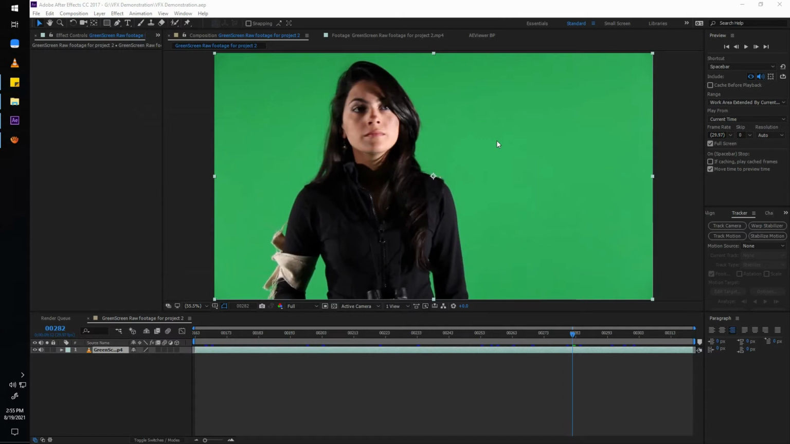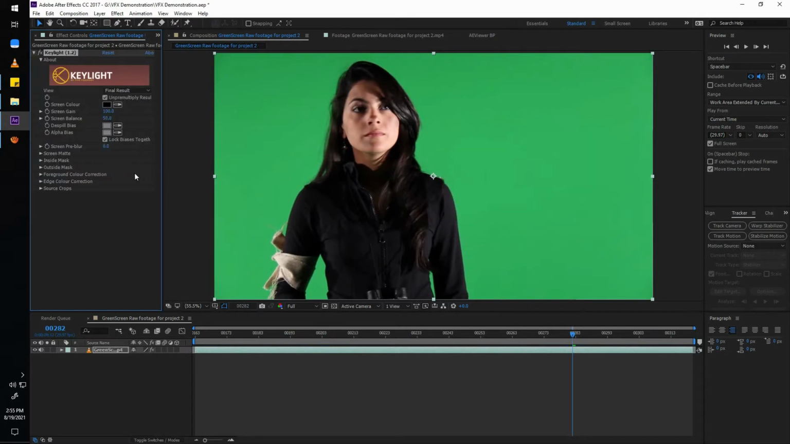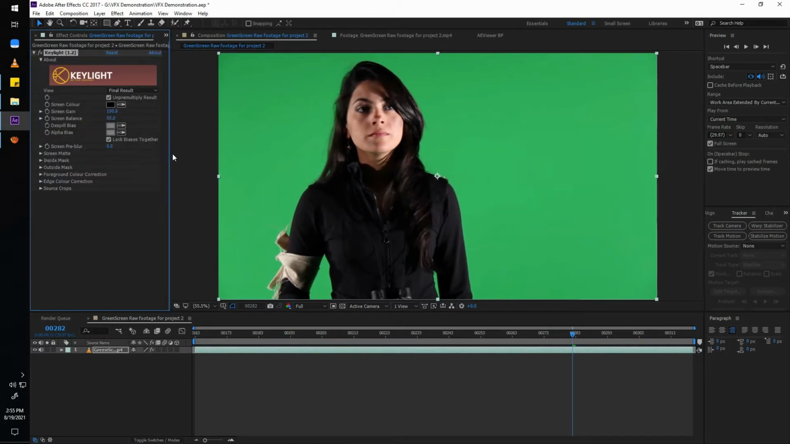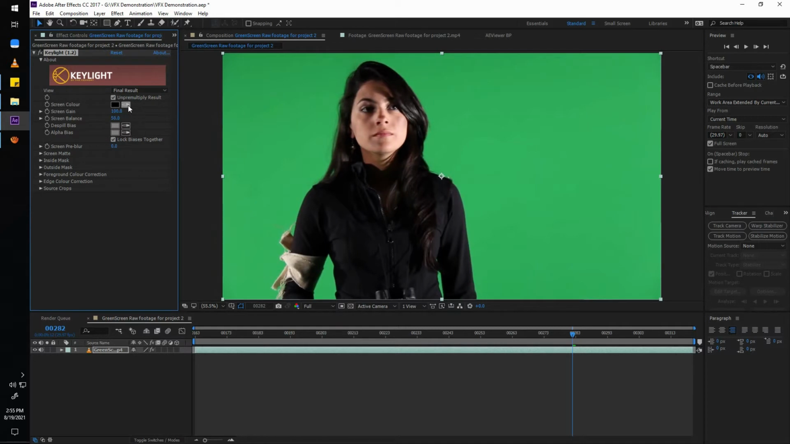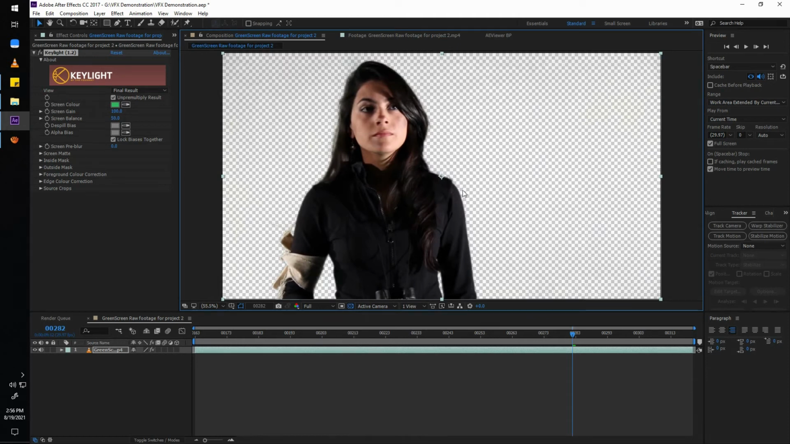Now the first thing that I'm going to do is, obviously, apply the green key removal effect, which for After Effects is called Keylight. So let's select the green color, and when I do that, it appears like the job is done. If I turn on the color matte, it seems like the job is already done,